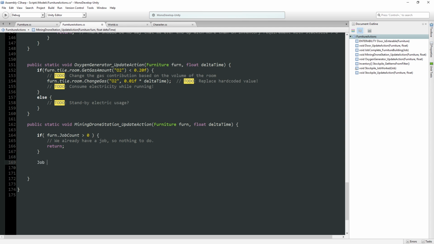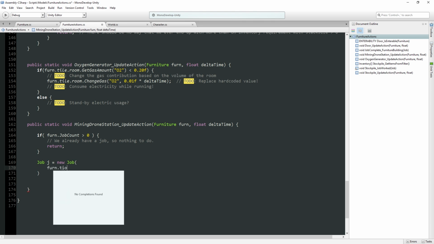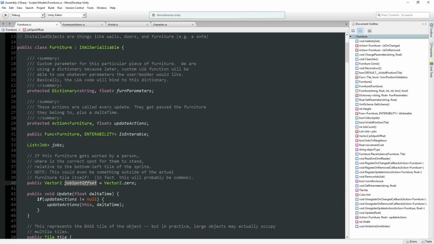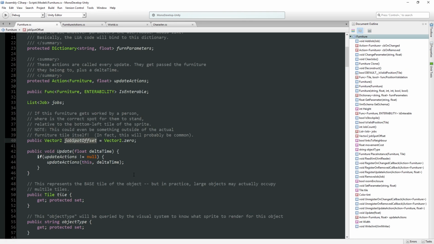So job j is equal to new job, which needs a tile to start off with. And normally, we would go furniture.tile, right? That's what we do in the other ones. But we don't actually want to do that. Instead, I think I'll need a helper function for this. Well, I don't need one, but we want to find out what tile is supposed to be worked. So with this job spot offset,